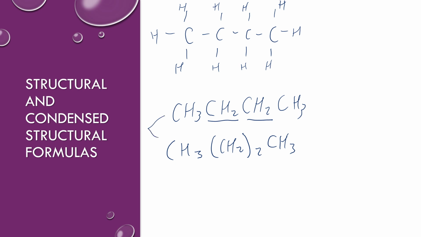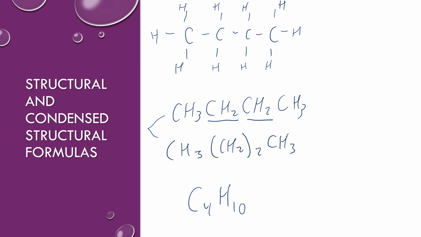And then the molecular formula just shows the number of each type of atom. So this is C4H10. That's the molecular formula. You're going to see that less in this section because we want to know about the structure of what's going on. Another thing I want to point out and just review really quick are some of the